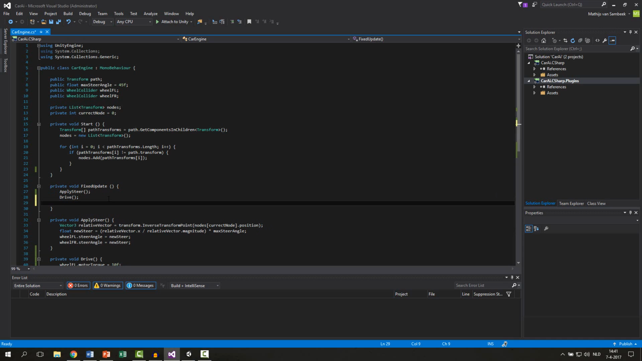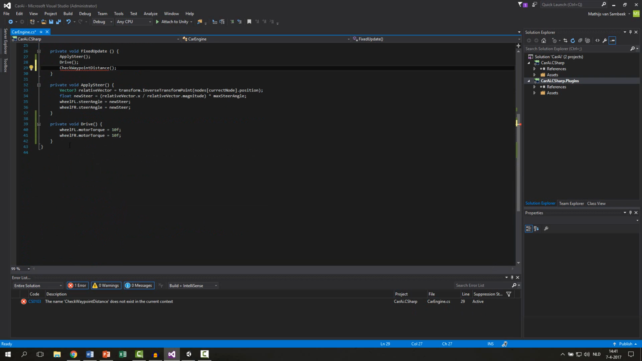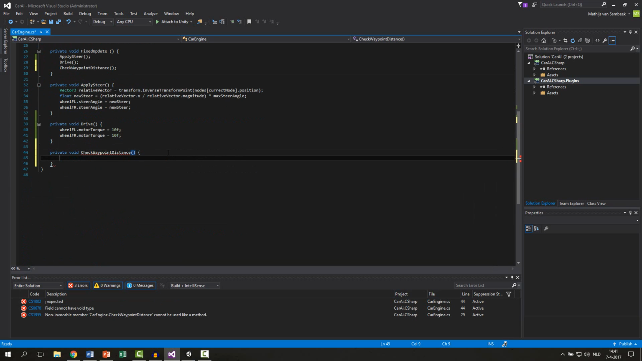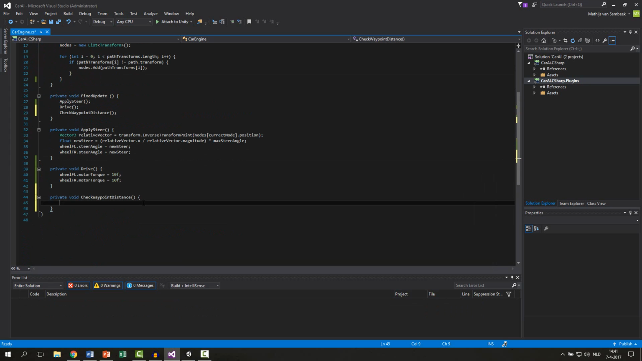We call this function check waypoint distance. Also make this function, so private void check waypoint distance. Here we're going to say if the distance to the waypoint is smaller than a number, we're going to set the current node to the next one. So to do this we write if